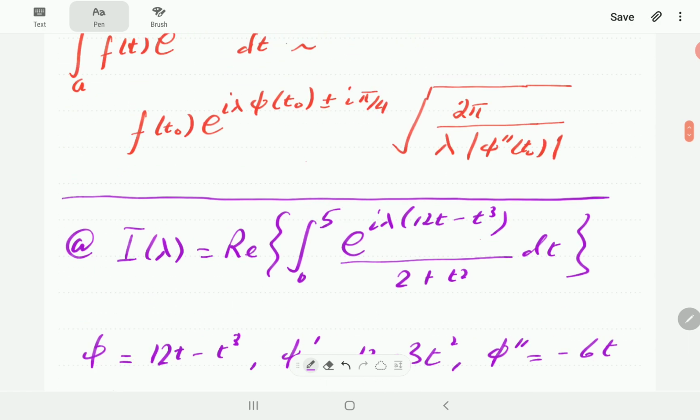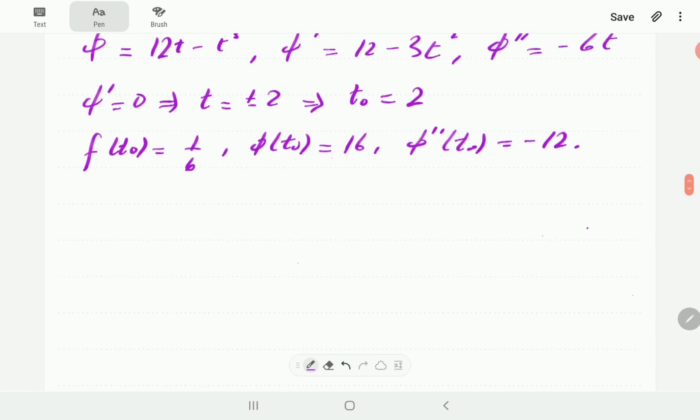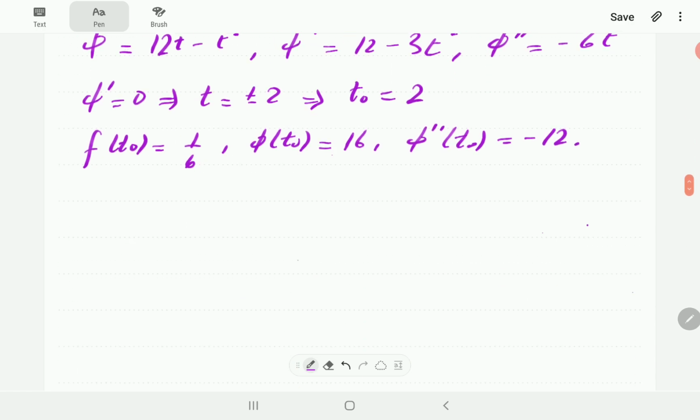So then we're just going to plug into this formula here to get the asymptotic expression of our integral. So I of lambda is going to be like 1 over 6 e to the i lambda times 16 minus i